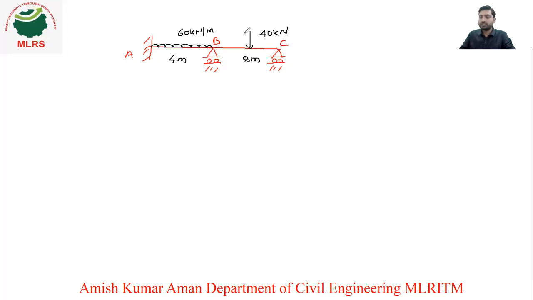So you know, in the flexibility matrix method, what is our first step? Step number one is calculation of static indeterminacy. Okay. So we will see what the static indeterminacy is in this continuous beam, right? So what is static indeterminacy? Simply we can say static indeterminacy is equal to total number of unknowns,